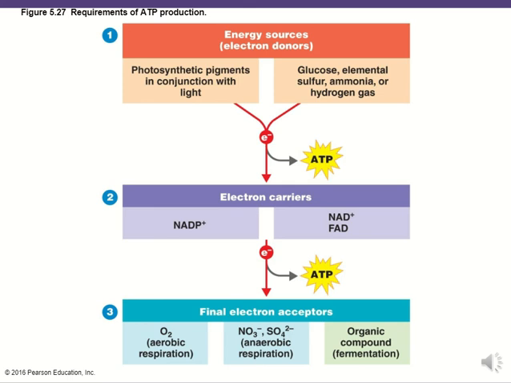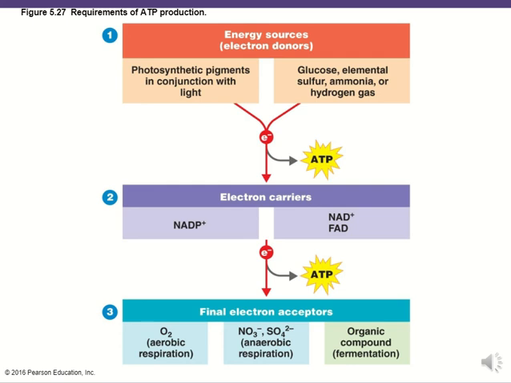Some energy sources, or electron donors, are photosynthetic pigments in conjunction with light, or glucose, elemental sulfur, ammonium, or hydrogen gas. Essentially, electrons come from these sources. And in the process of moving through electron carriers, they help produce ATP and form NADPH or NAD plus and FAD, which then carry the electron further down the chain to form more ATP,